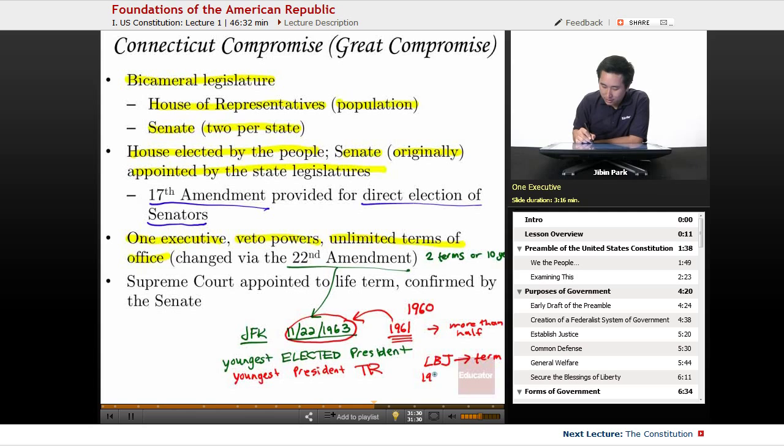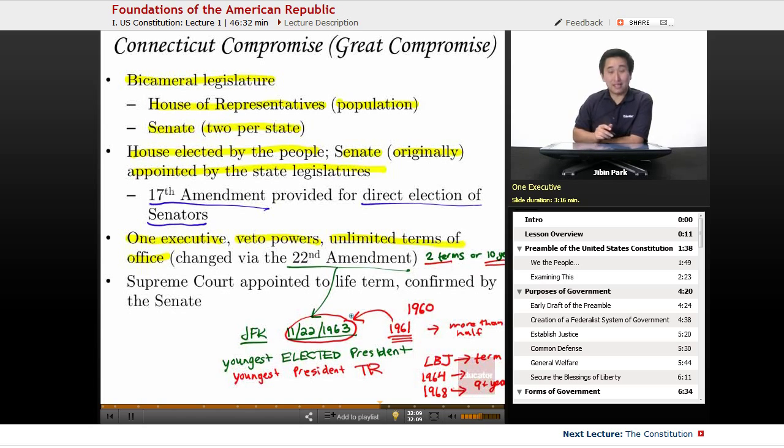He got elected in 1964. And then if he got elected again in 1968, which he dropped out of the race before at some point during the primaries, when he realized that because of the unpopularity of the Vietnam War, he didn't want to run for office. But if for some reason he did run, he would have been president for 9+ years. So is it possible for a president to be president for more than 2 terms? Absolutely the case. And so that's the example of a president serving 2 terms or 10 years.